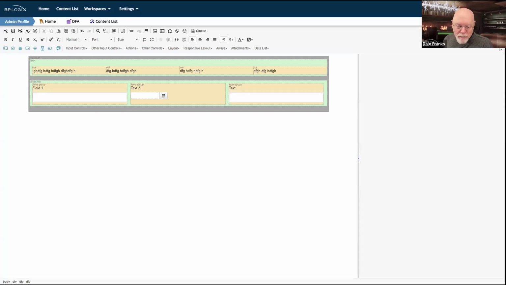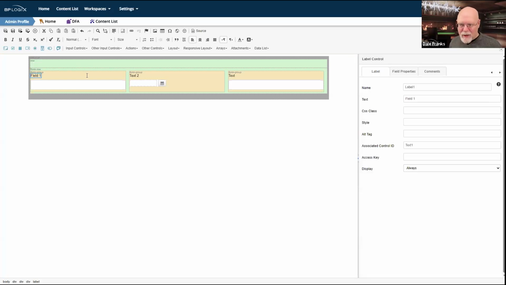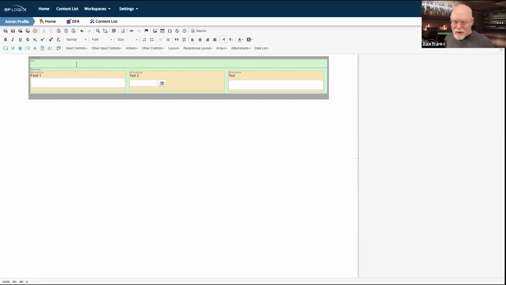Now, happily, there are some things that you can fix. Like if I pick this div tag here, and I hit delete, I can actually delete that entire set of columns. And I can also delete, I think, if I check that, I think I can delete that whole div tag. At least I'm trying to. That div tag is kind of hard to delete. And this, by the way, illustrates why these controls are sort of hard to work with.